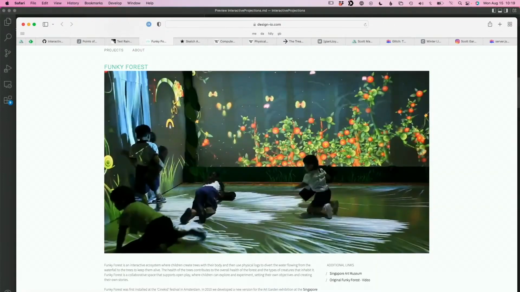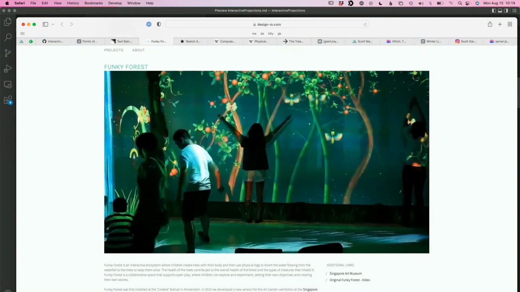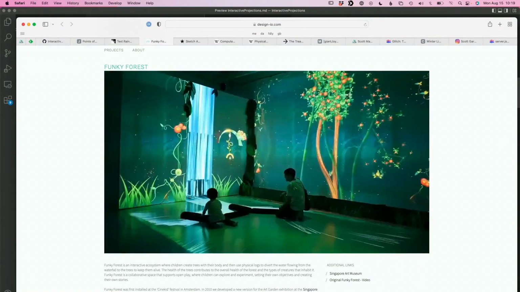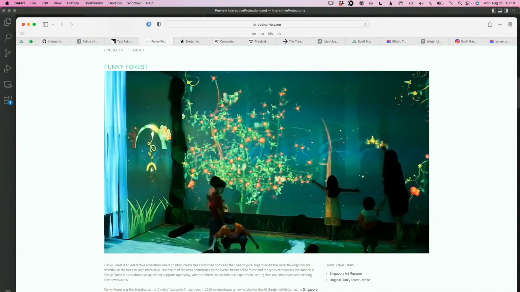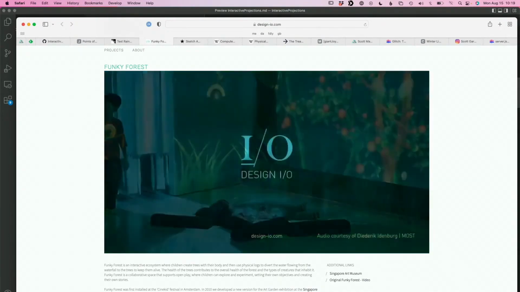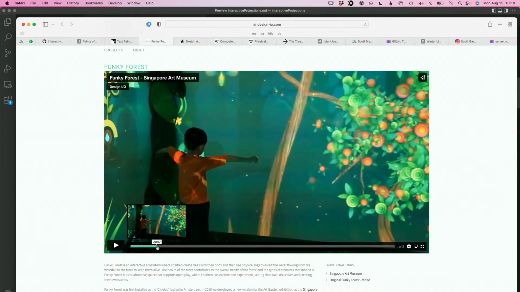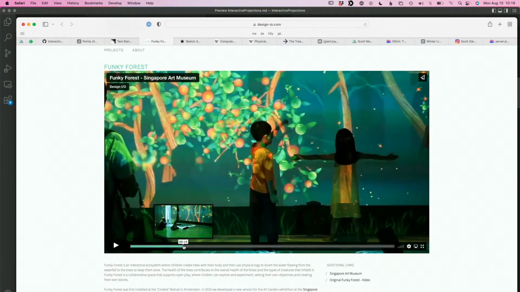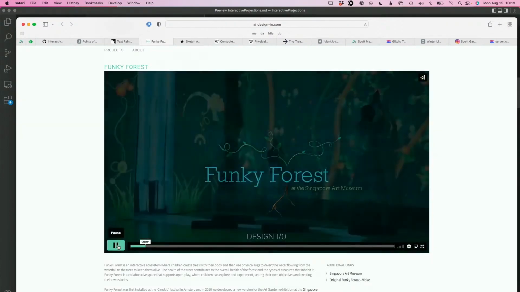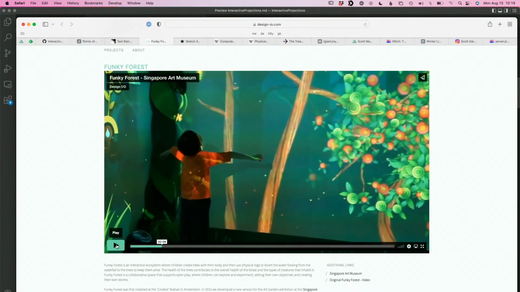There's also this beautiful forest on the wall that shows, I believe these fireflies will kind of track to you if you get near them. But the more impressive part, and I think this is a thing that has shown up in Design.io's work repeatedly, is, again, it's a form of mirror. As the kiddos here stand in front of the projection and hold their arms up, they are recognized as being in a tree-ish pose. Again, maybe by today's standards, a more simplified form of computer vision, but you can see these kiddos standing in front,